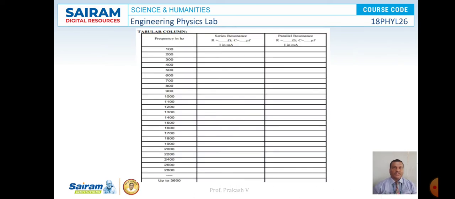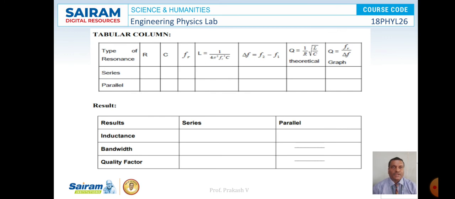And this is the tabular column for entering the readings. Here the frequency ranges from 100 Hz to 2800 Hz, and in each case we have to record the current in the circuit for both series as well as parallel combination. Here we have to mention the resistance R, capacitor C and resonance frequency Fr in the case of series, and the corresponding value of inductance will be